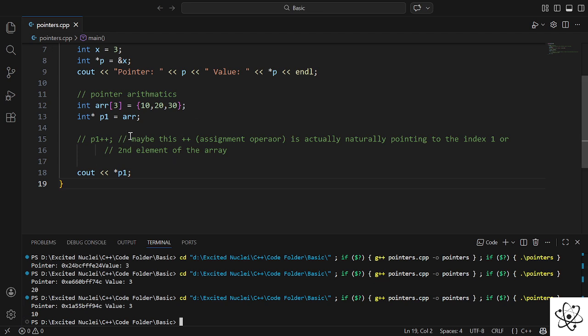So maybe that's why I've reached this conclusion that when we assign a pointer to an array, so this time our array is assigning, you can say, element-wise location to this pointer P1, which